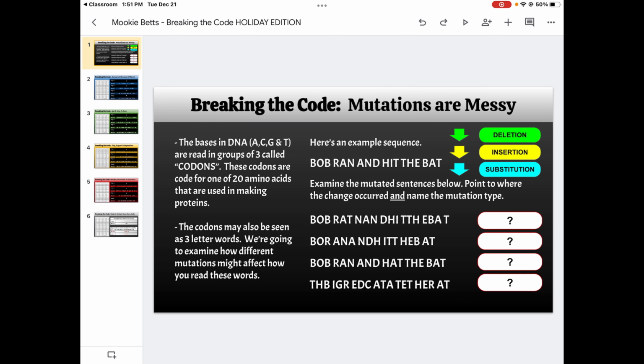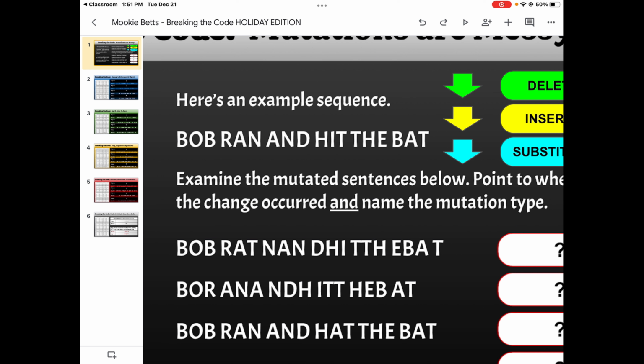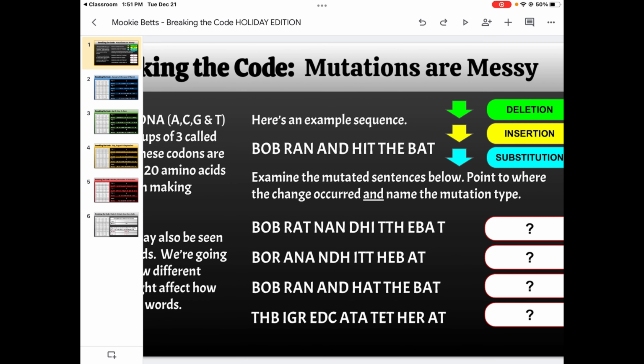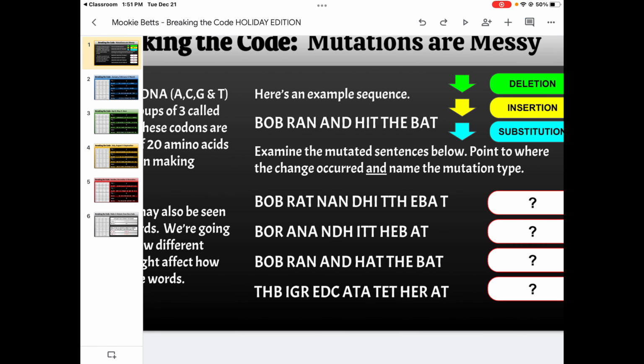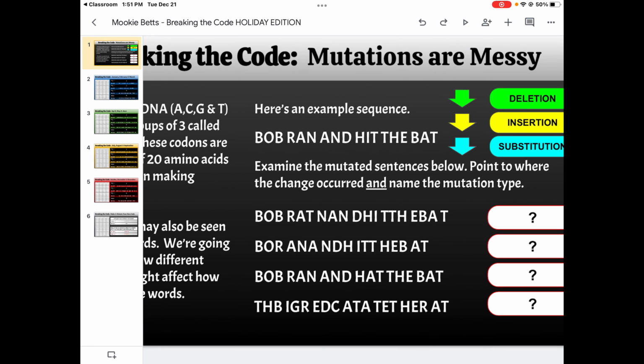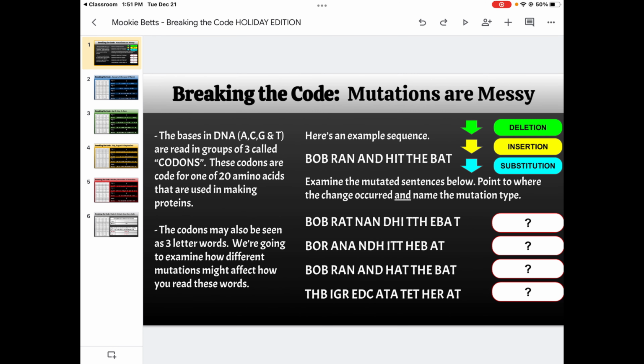sentences. So here we have some different examples of a silly sentence. Bob ran and hit the bat, where each word in the sentence is 3 letters long, kind of like DNA. Each group of DNA is 3 letters long. And we're going to mutate this sentence. So Bob ran and hit the bat turns to Bob rat nan the eat. We got to find the problem. And so if we look at the problem,